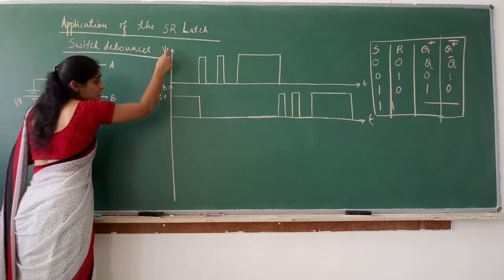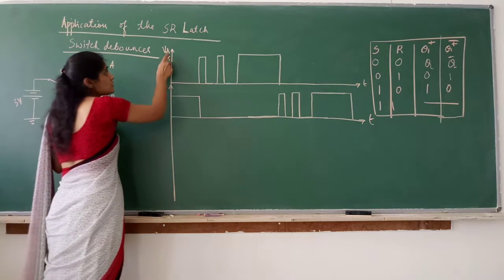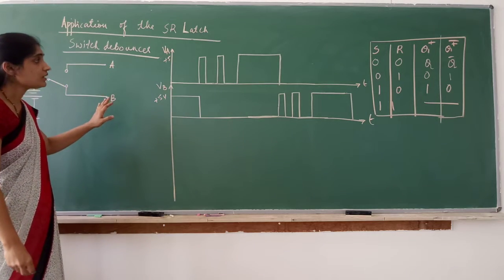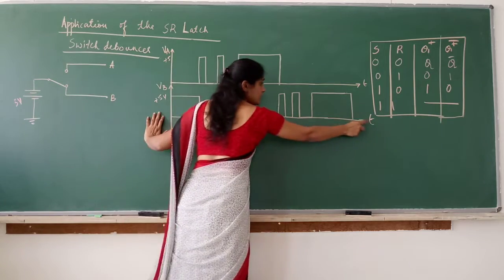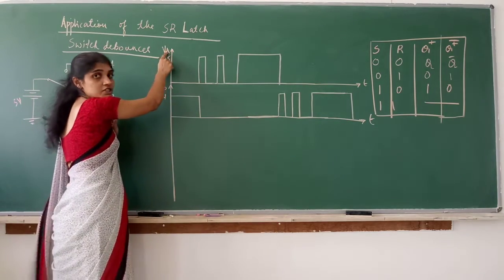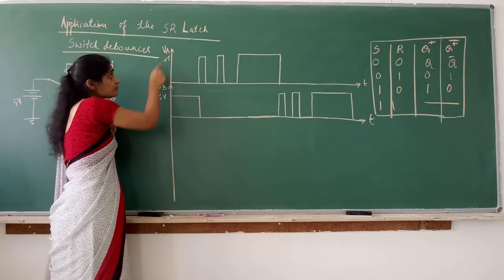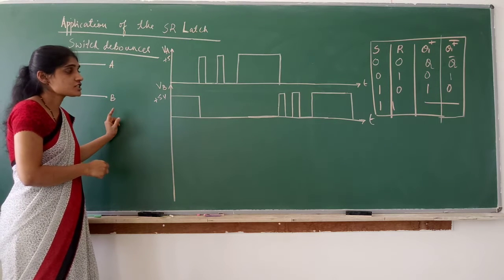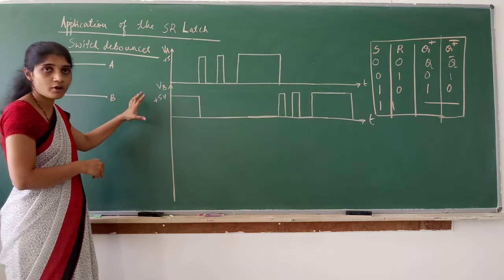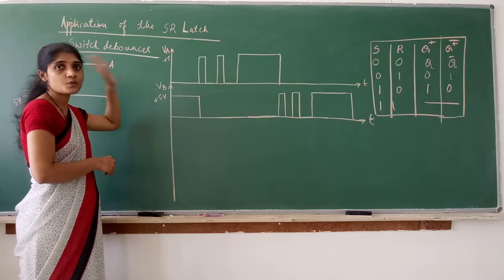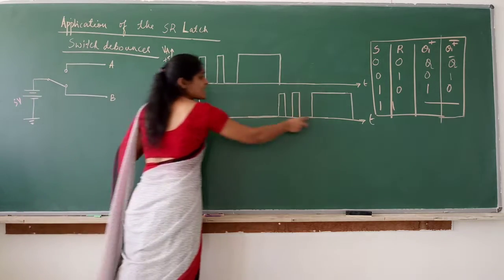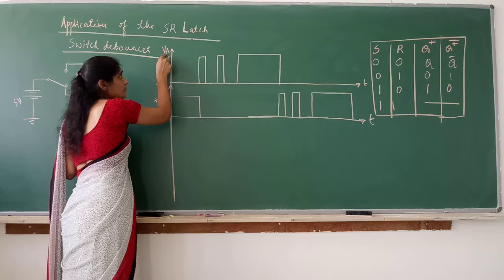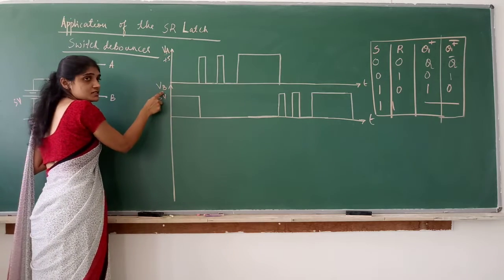5 volts. This is the graph that I have taken. This represents voltage at A and this represents voltage at B. When you draw the graph in your exam, the x-axis should be time, and the y-axis is the voltage at terminal A and the voltage at terminal B. This has to be written, otherwise you will not get any marks for that. This is not just a diagram, this is a waveform. So x-axis and y-axis representation is very important.